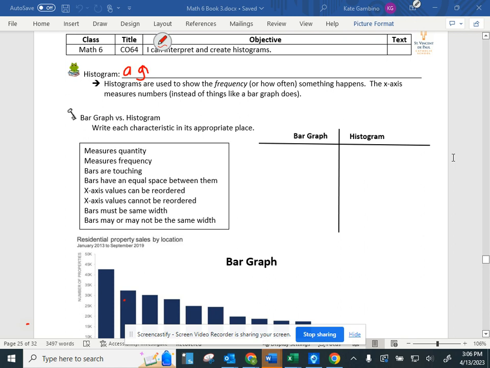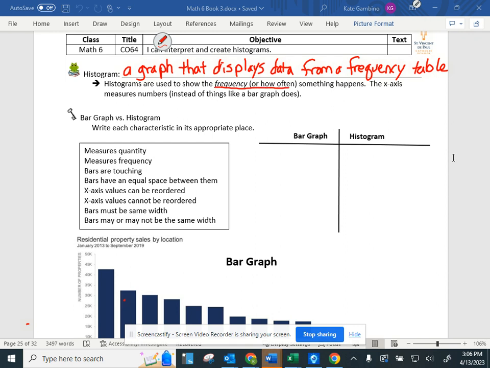A histogram is a graph that displays data from a frequency table. So a histogram is used to show the frequency, or how often something happens, hence the frequency table that we use to make it. The x-axis, the line on the bottom, always measures numbers instead of things like a bar